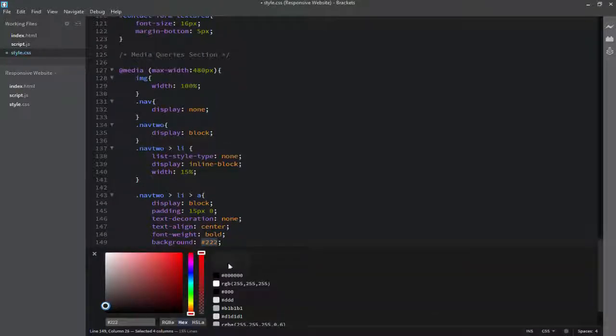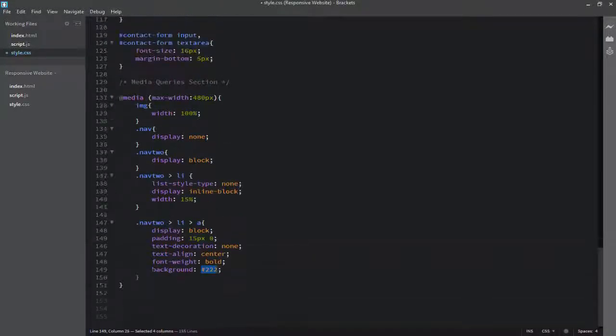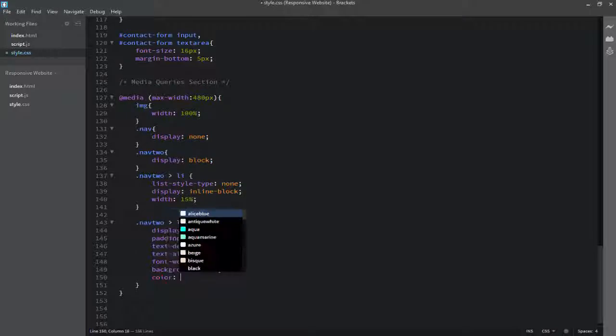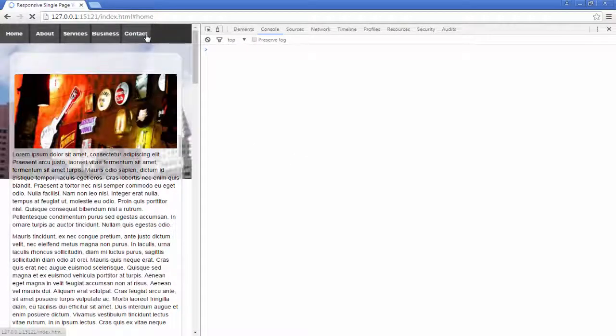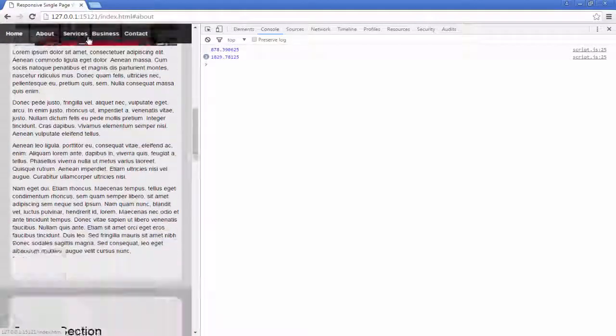So it will be this color right here for the navigation. Now I will change the color of the font to Alice blue. Okay, now if I go back to the web page and refresh it, you can see that the navigation has applied the proper CSS which I defined in the media query.